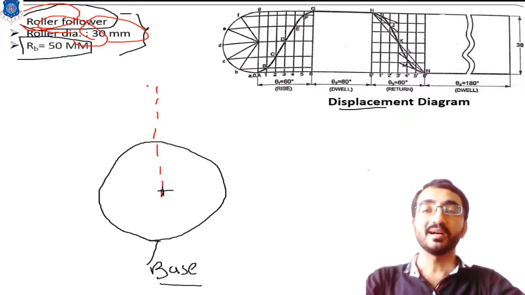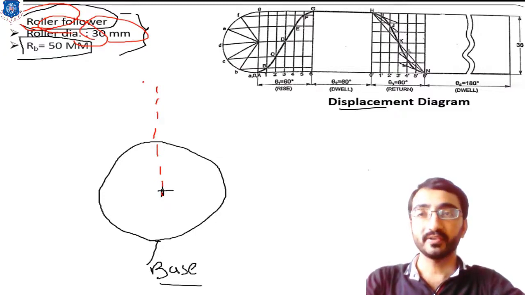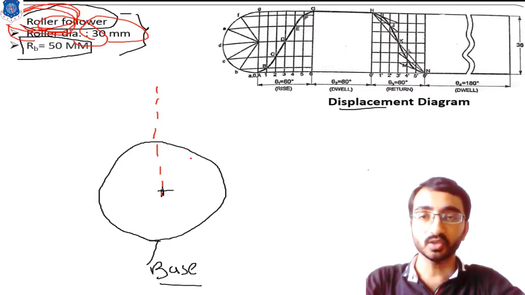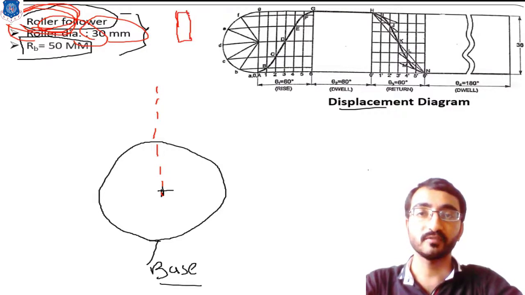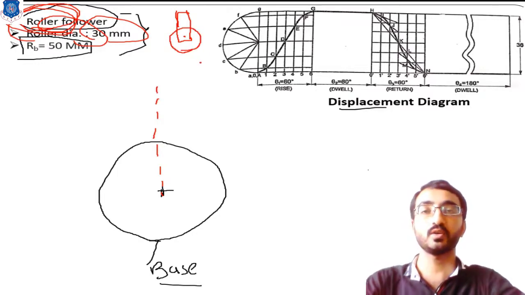Okay, so your follower here is of radial type and has roller type of motion. To sketch the roller follower, you need the diameter of the roller. Let's consider how you can plot the roller follower: a simple sketch of a roller follower in which your contact surface is this type. This one is known as a roller follower.